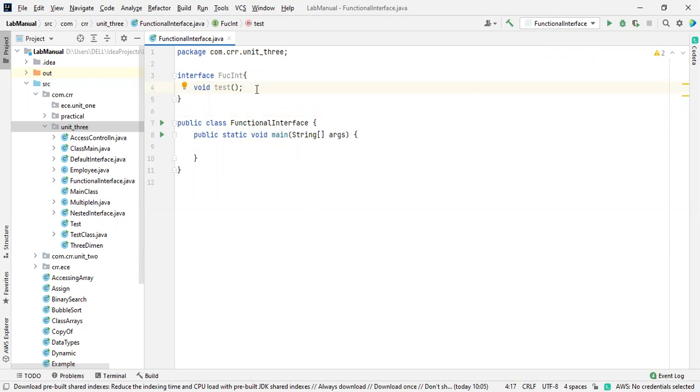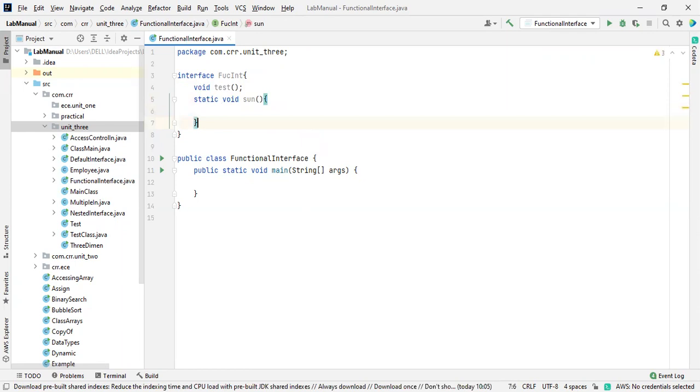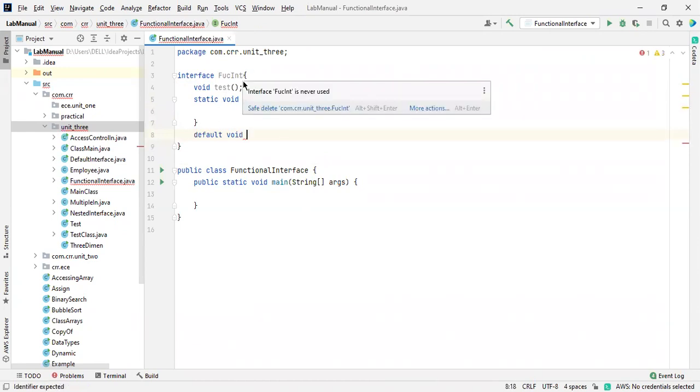And along with that, we have a static method, void sun. This is a static method inside an interface, and I'm just recalling it. That's it. Then void moon.